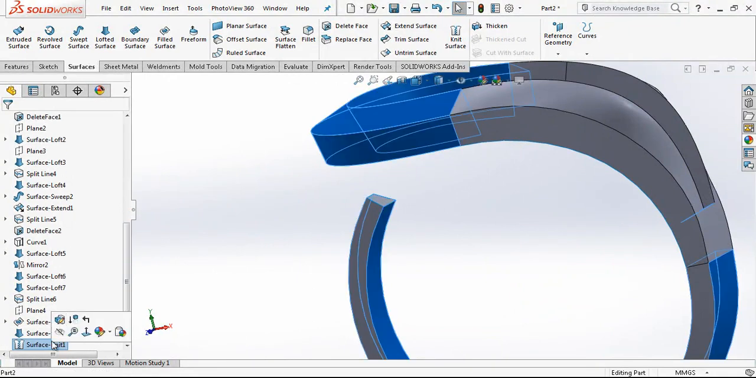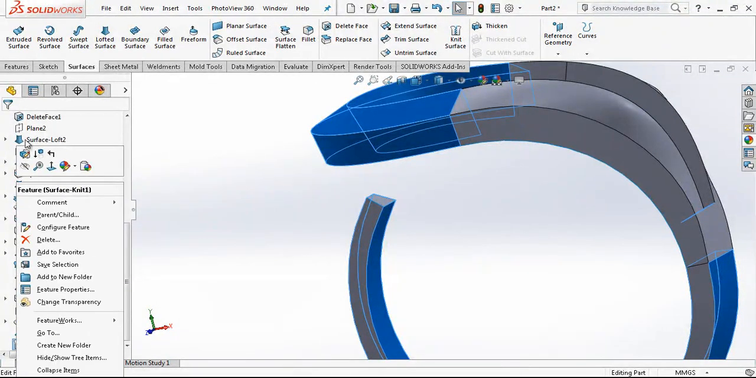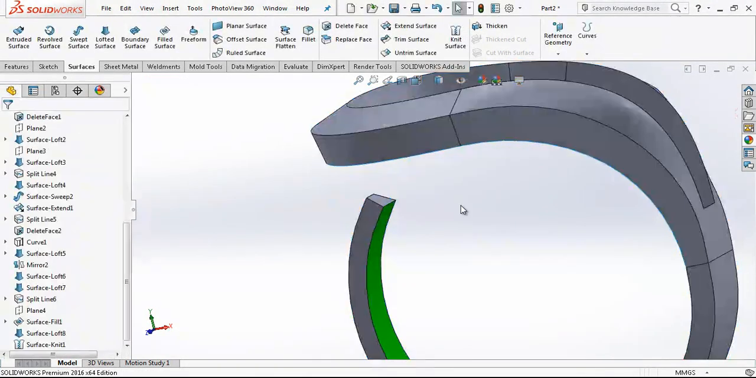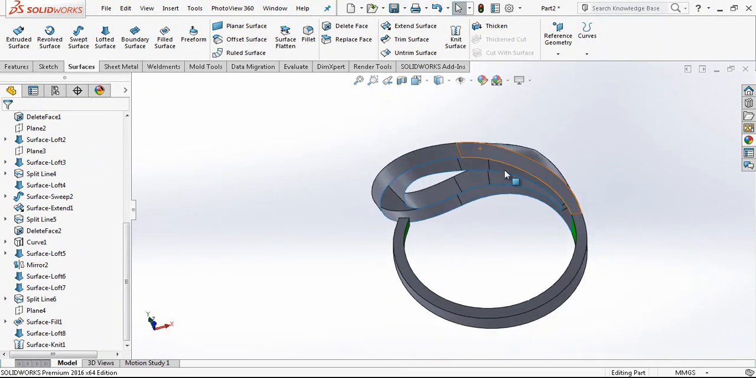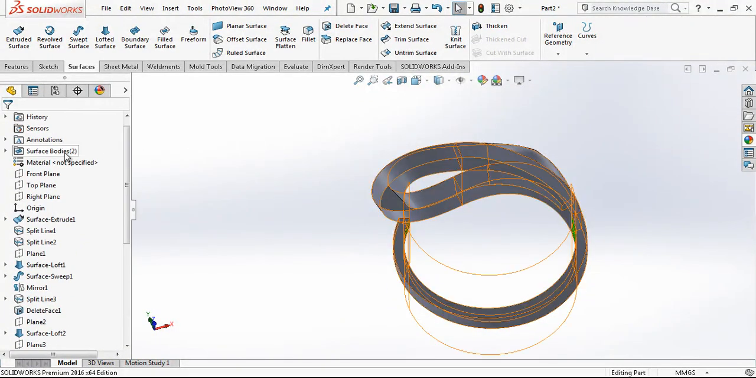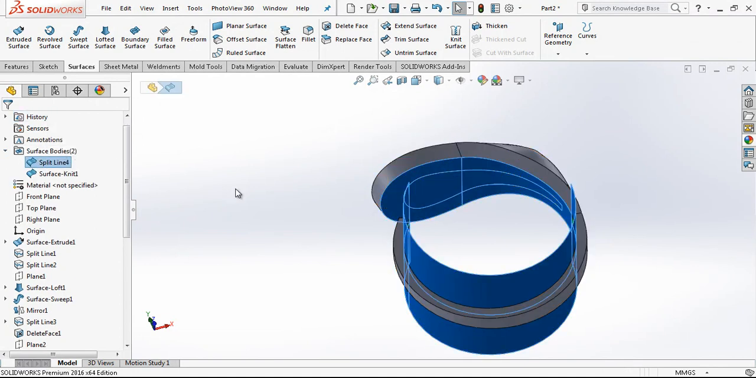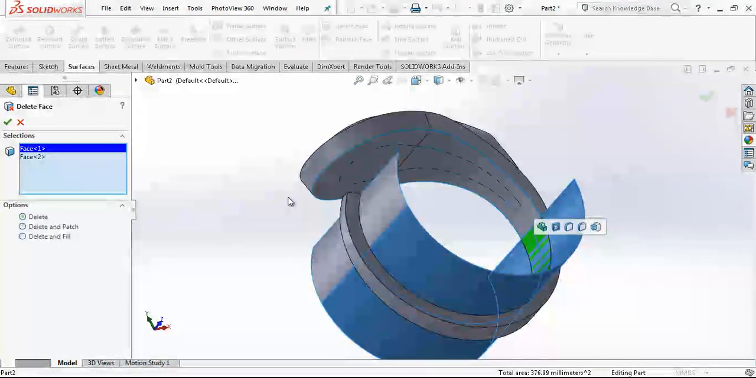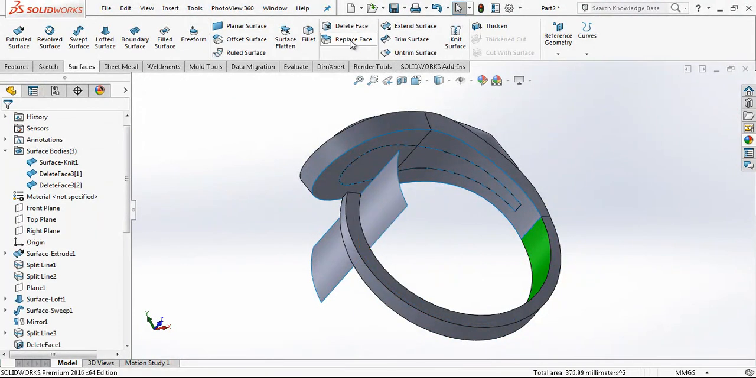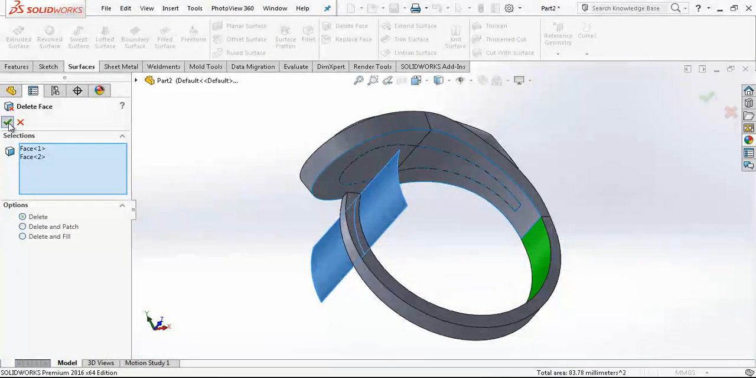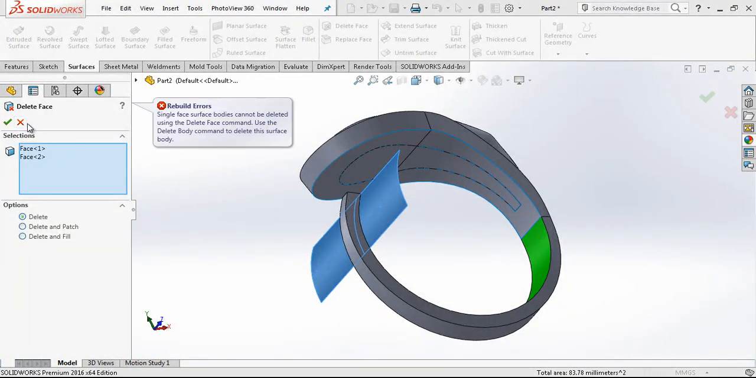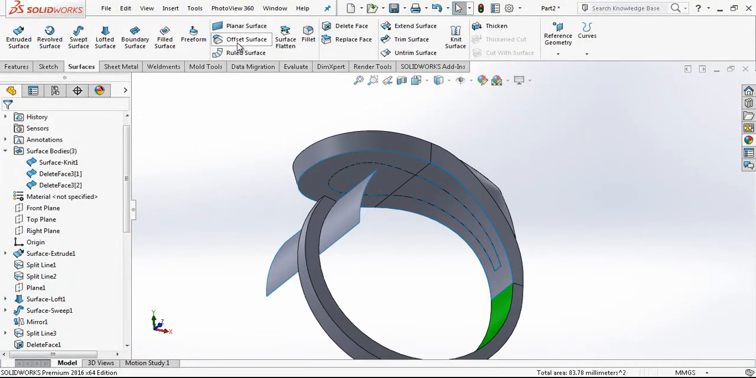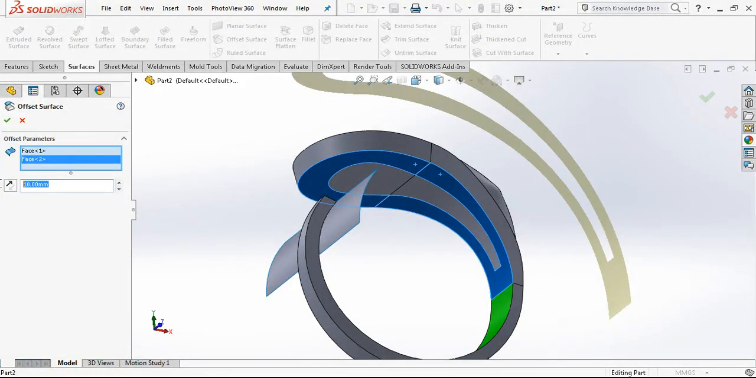I think this is not selected. We select this also. Now everything seems, oh, we don't have an open area here. This was an unnecessary part, and this was also an unnecessary part. It says that you cannot delete that, and then I'm just going to